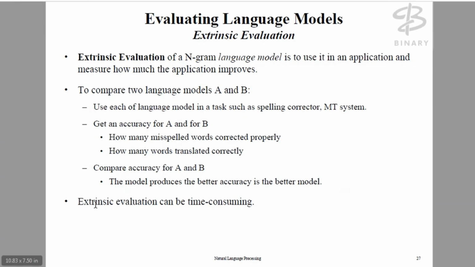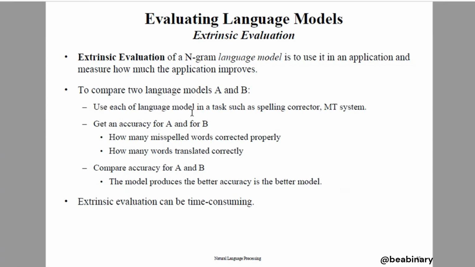एक्सट्रेंसिक इवैल्यूएशन एंड दूसरा बात है इंट्रिंसिक इवैल्यूएशन। तो एक्सट्रेंसिक इवैल्यूएशन में आपका क्या है, वही एन-ग्राम लैंग्वेज मॉडल इज़ यूज़्ड इन द एप्लीकेशन और measure how much the application improves. So to compare two language models, suppose A and B, so we use